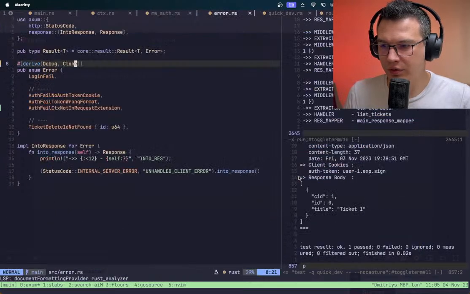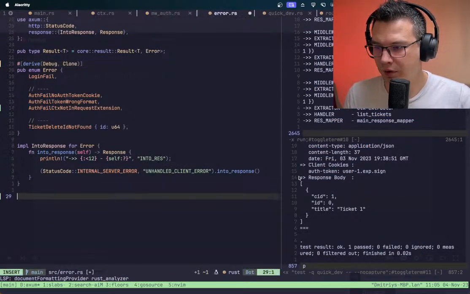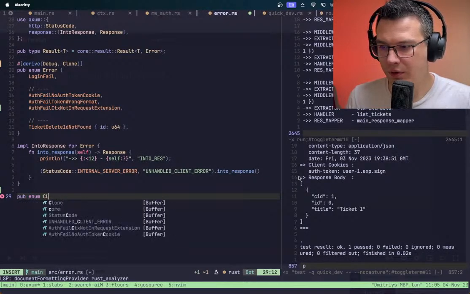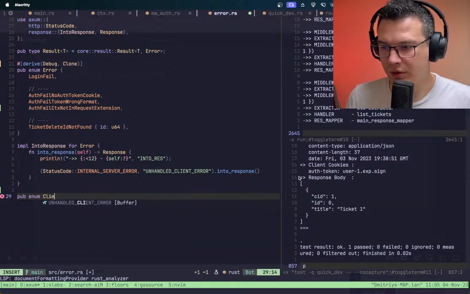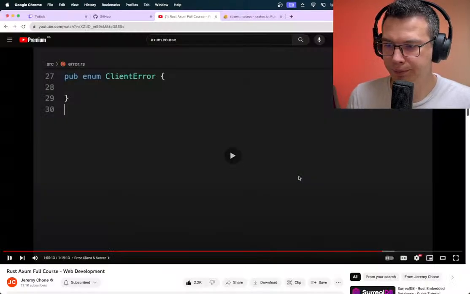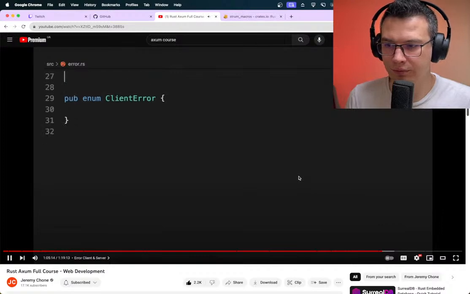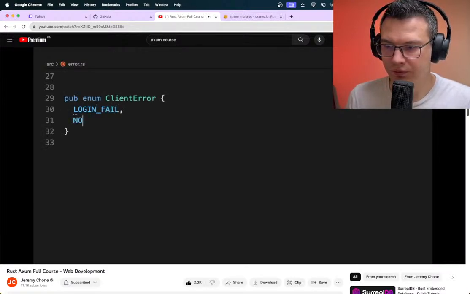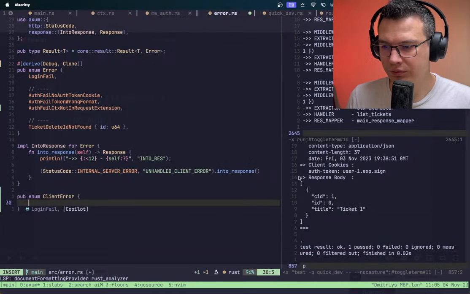So error and new enum. I think it's pub, yeah. Enum. Sorry, client error. It's just going to have a few variants. The first one is login fail. The other one is no auth, and we're not going to